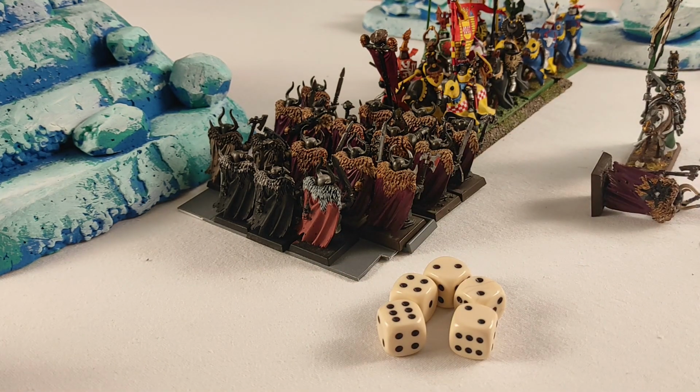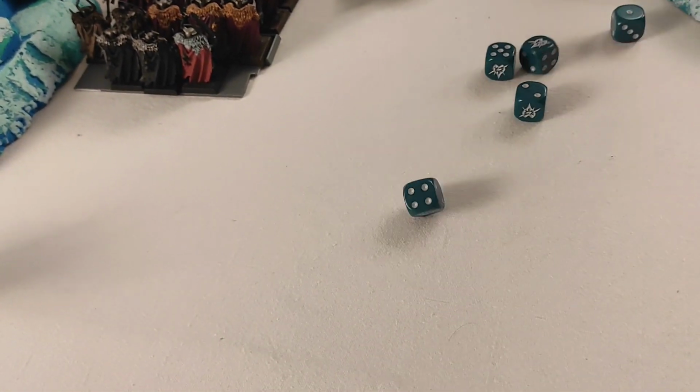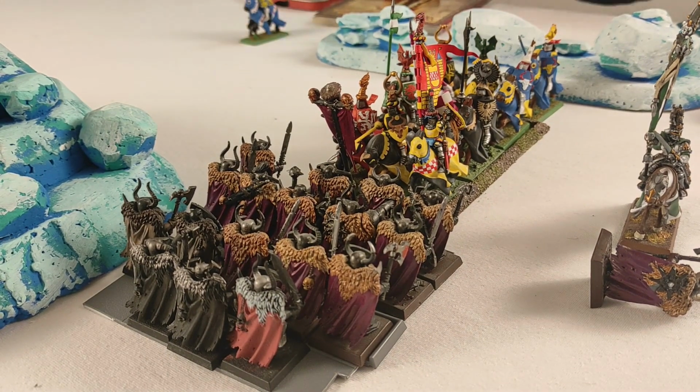Oh my god, 5 hits. But you've got 5 4 plus and 5 5 plus. 5 4 plus, you say? Yeah. It's -2. Okay. And then I've got so probably not even a single 1 dice. 1 is down. Only 1. And now you may strike back, but only with...